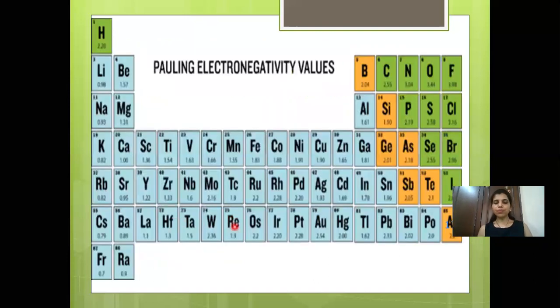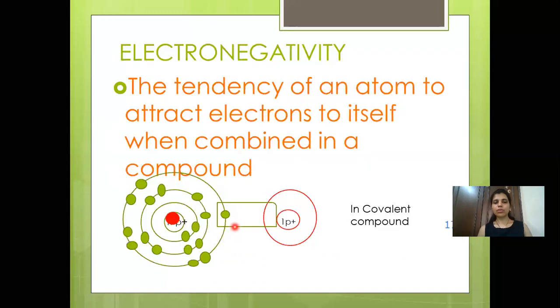Okay, so whenever they are sharing, you will see that this is known as the electron cloud. This cloud is more inclined towards the chlorine. So this electron is more towards the chlorine. So that's the reason it is said that chlorine is more electronegative. So wherever they are forming a compound, you will see halogens, if they are combined with any other atom, the electron cloud will be more towards them. And that's the reason in the